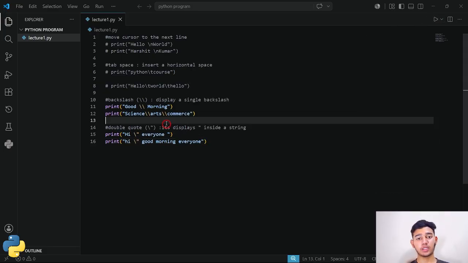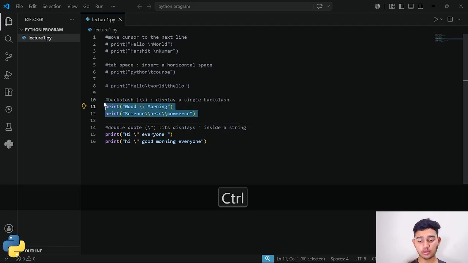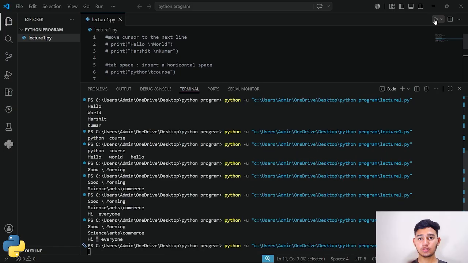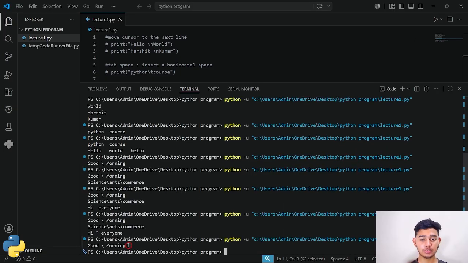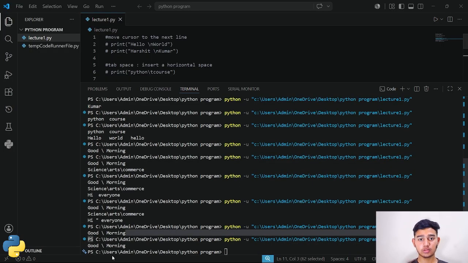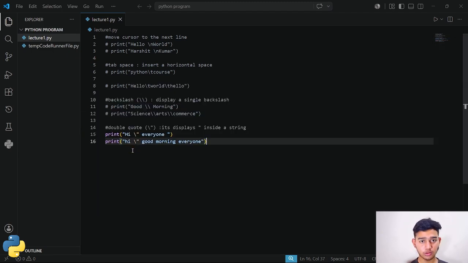If I am commenting these two lines and just pressing the run button to run the code, you can see the error.